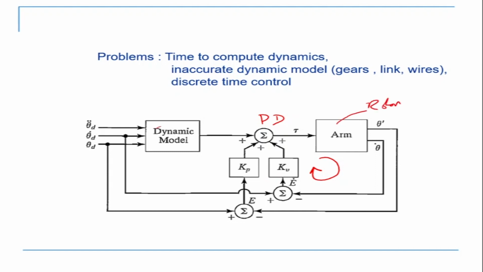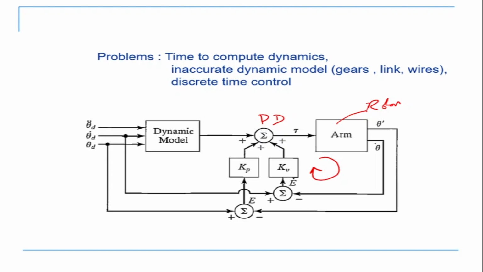Now suppose I can compute the dynamic model and feed it forward. Then I have the information of how much disturbance torque is coming, so I can compensate it very easily. So the controller can actually compensate this disturbance. In the previous case, we did not know what the disturbance was, and we assumed it was constant. Now I'm saying that if I compute the dynamic model and I know how much disturbance is coming at every instant, then I can include it in my control structure. This is also called feed-forward control.